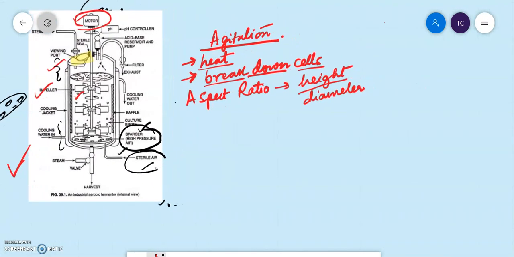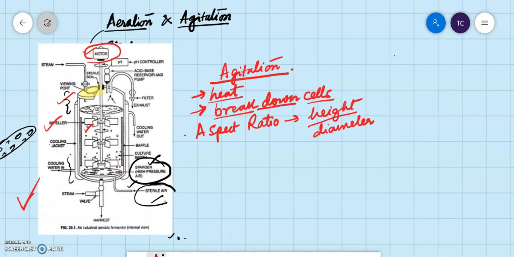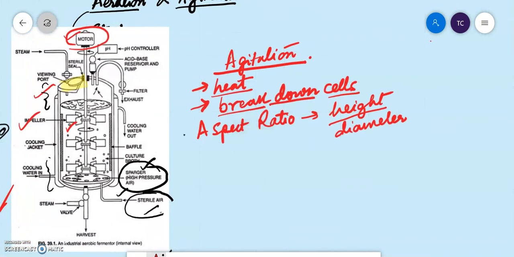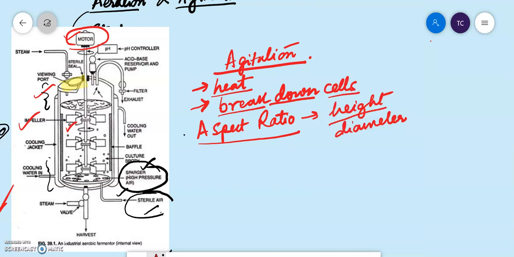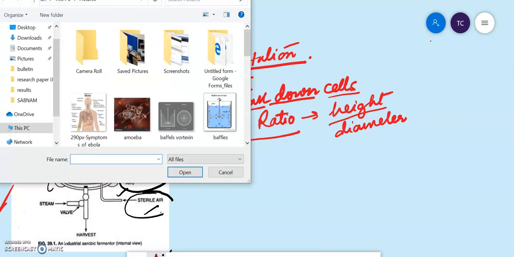This is because, you know, if you don't know the height and the diameter, you will not be able to understand what will be the length of the shaft, how many blades or how many impellers you need to incorporate such that proper homogenization is brought about, right? So that is why aspect ratio with respect to the incorporation of an agitator is very important. That is why I highlighted this point. Now I will move on to the different aspects of your impellers. So let's have another image which will tell you what are the different types of your impellers.